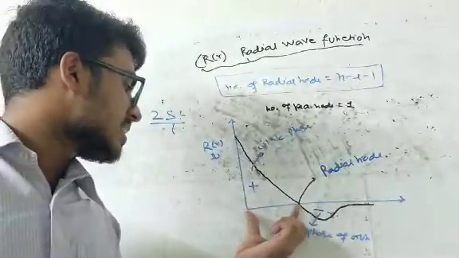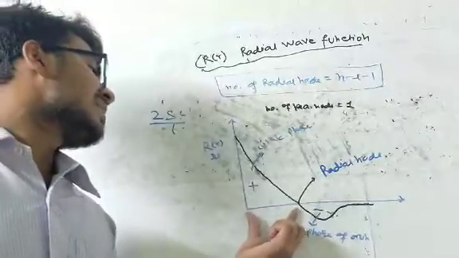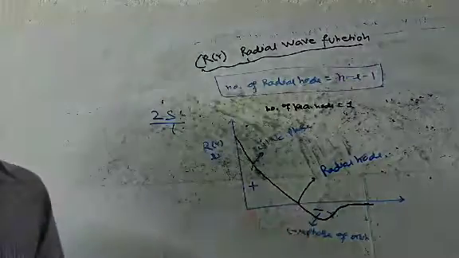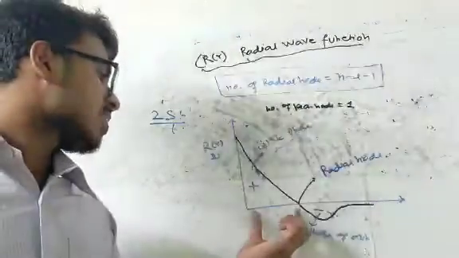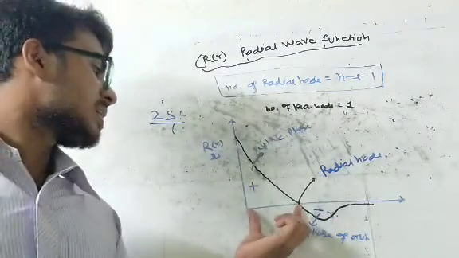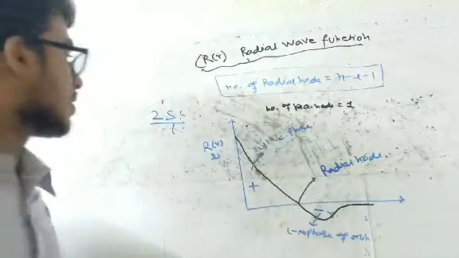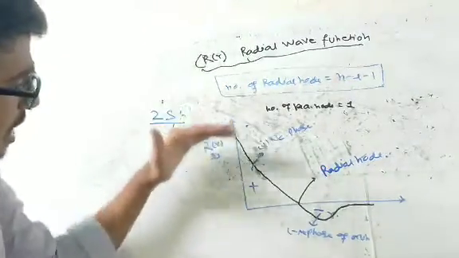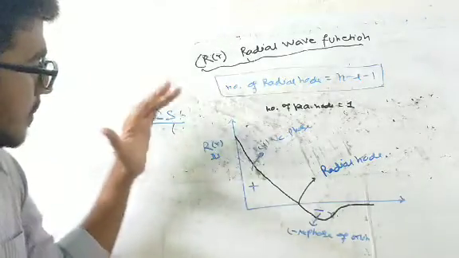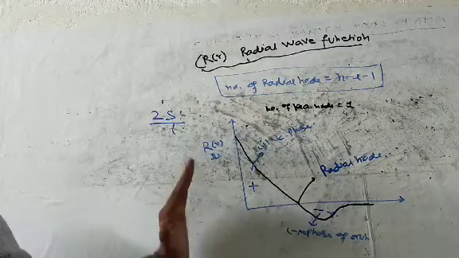So at this distance from the nucleus, the value of R(r) equals 0. It tells us that in three-dimensional space, the electron cannot be present at that distance from the nucleus. So this is called the radial wave function, and this graph presents the 2s orbital.